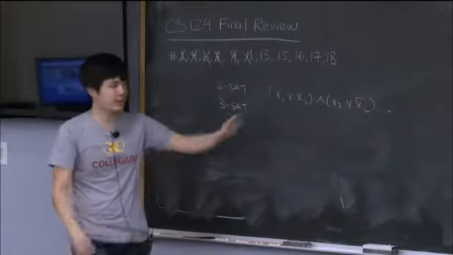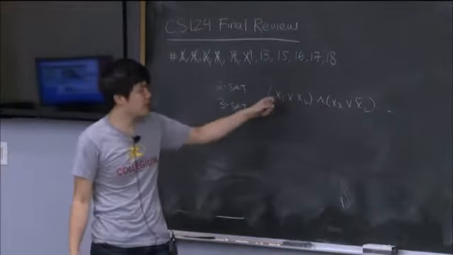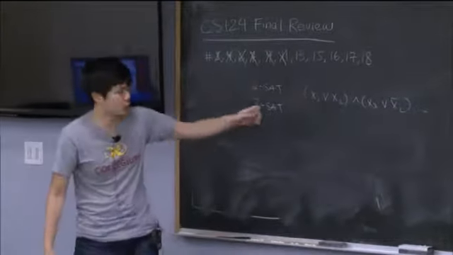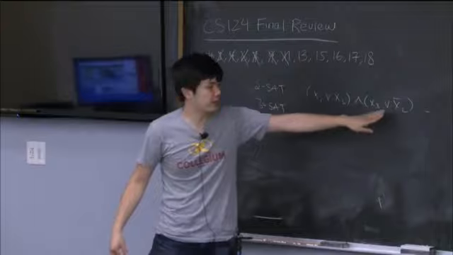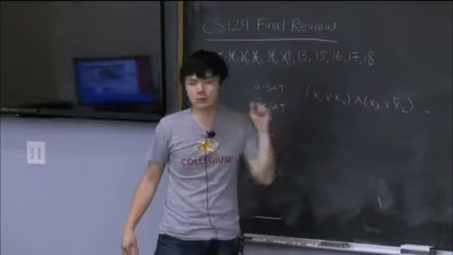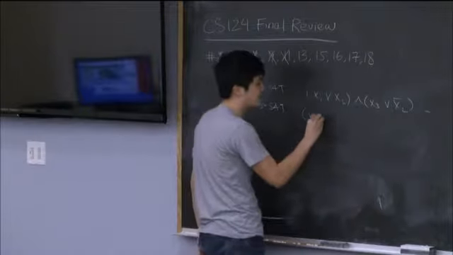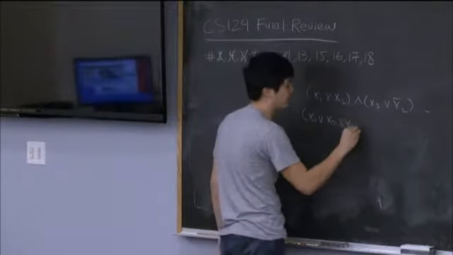To satisfy it, at least one of the variables in each clause has to be set to true. Either x1 is true or maybe x2 is false, which would make it true. That's the 2SAT problem. The 3SAT problem is equivalent, except now each clause has up to three